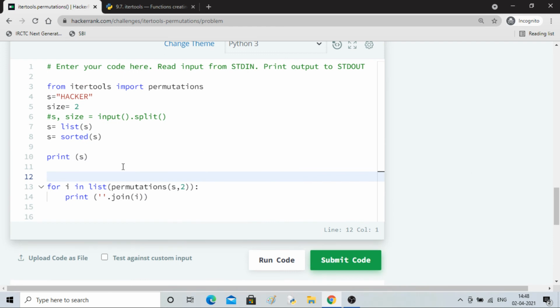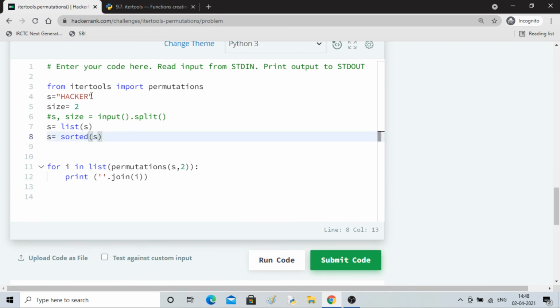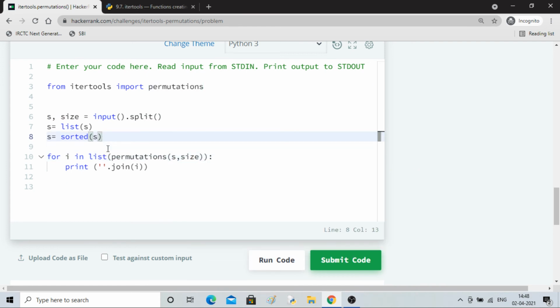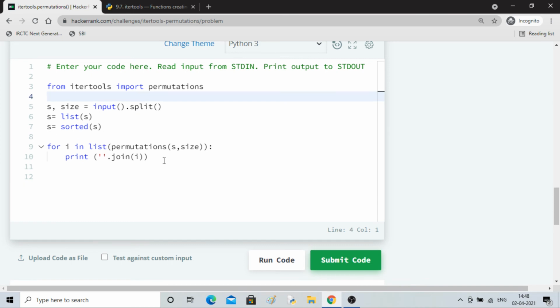So let's get back to our original string, which is S and size. I'll change it here to S and size. Now everything should work fine and we should get our output.